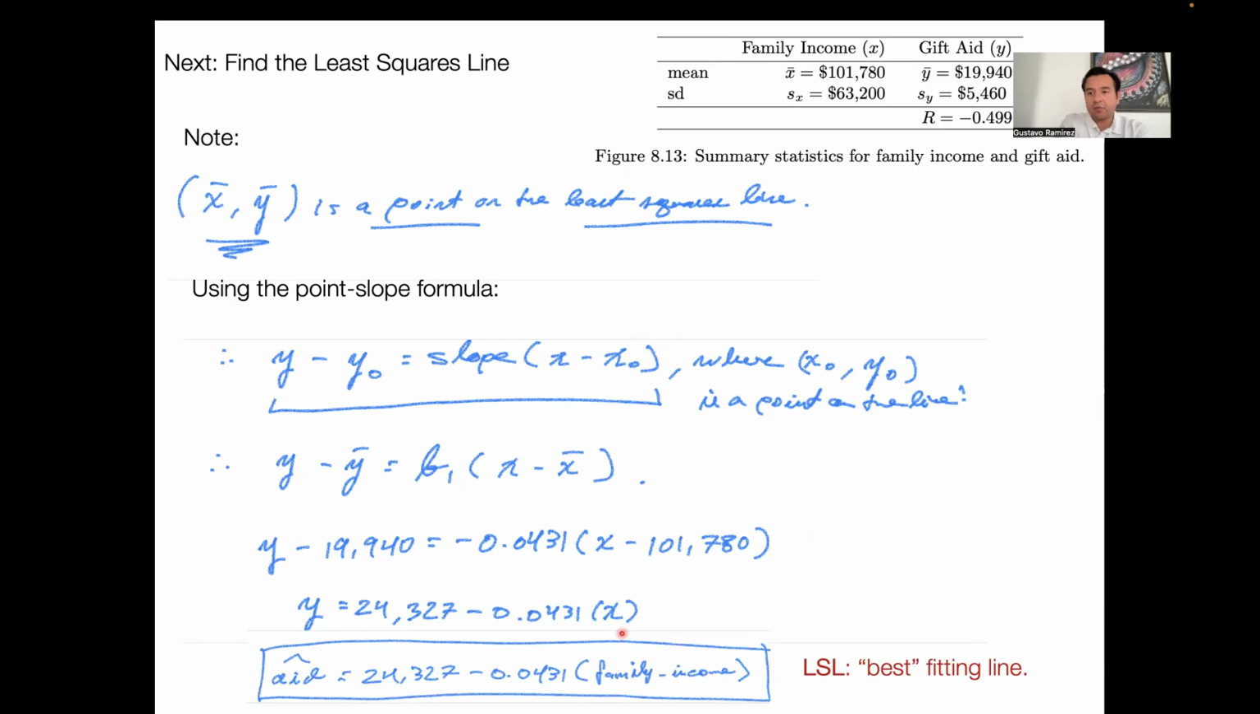Okay, and when better explaining what y and x are, we get the following, right? For the particular example where this data came from, we get the estimate of y. That hat, that's what the little hat means. A little hat means an estimation based off of a linear model. The estimate of y is equal to $24,327 minus 0.0431 times the family income in dollars. So that would be our best estimate. Okay,